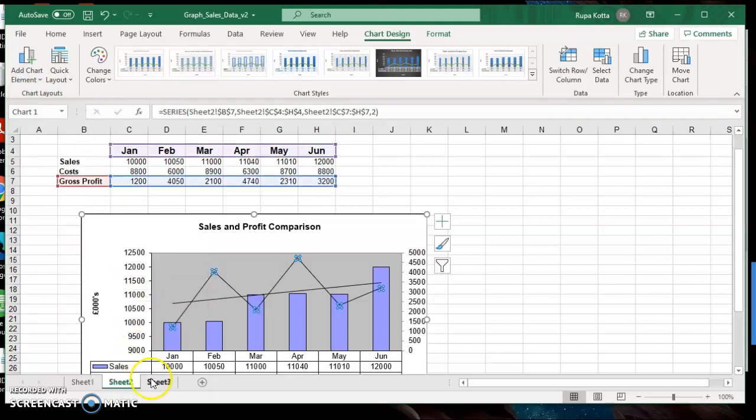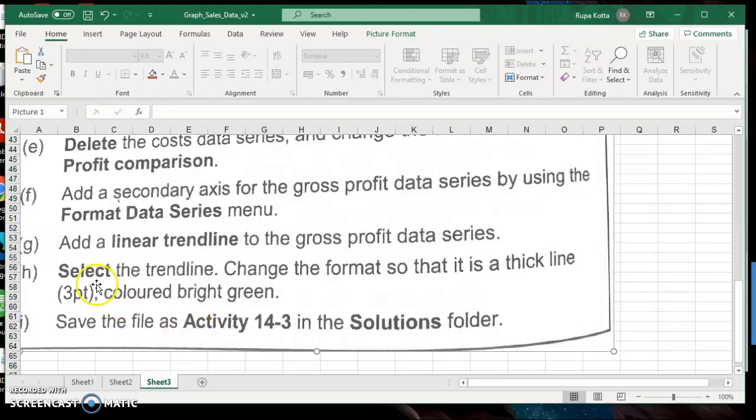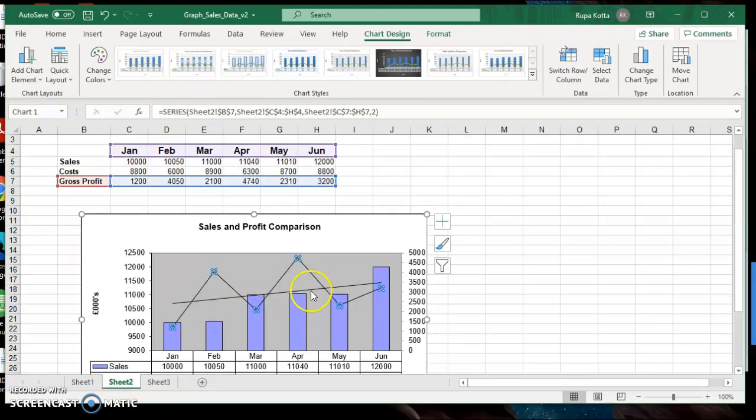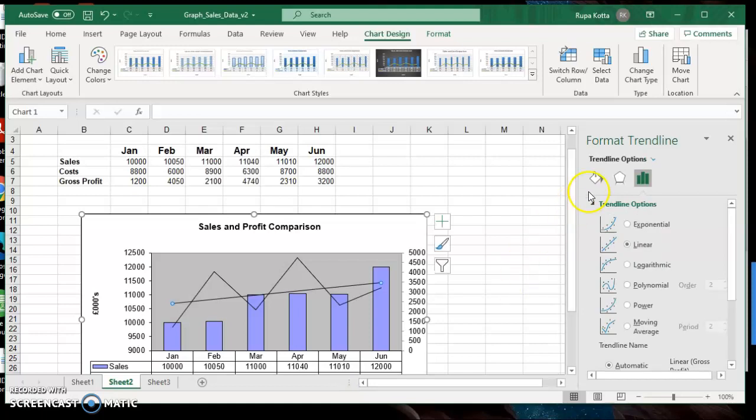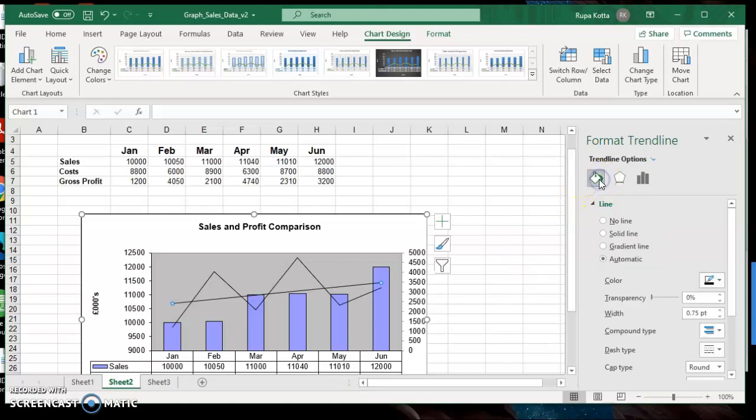Select that. Now they want the trend line to be a thick line of 3 point and bright green. 3 point is the thickness, because it is very light now, only black and very light thickness. So they want you to change it into a green color with a 3 point thickness. So select that, right click, format. In this paint bucket symbol, thickness is 3 point, so increase the thickness,